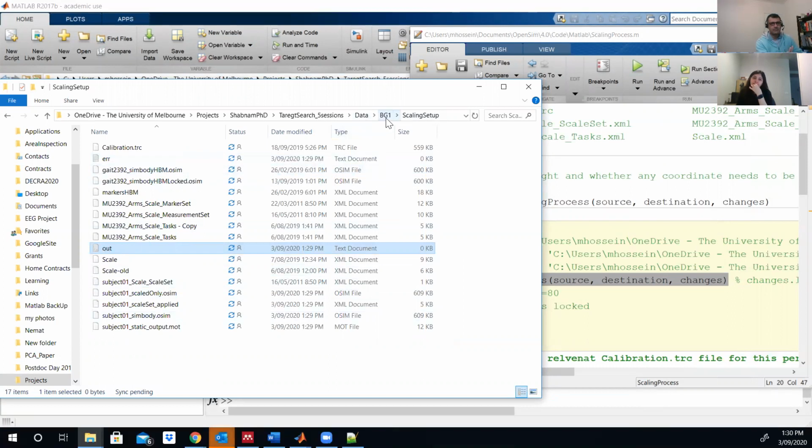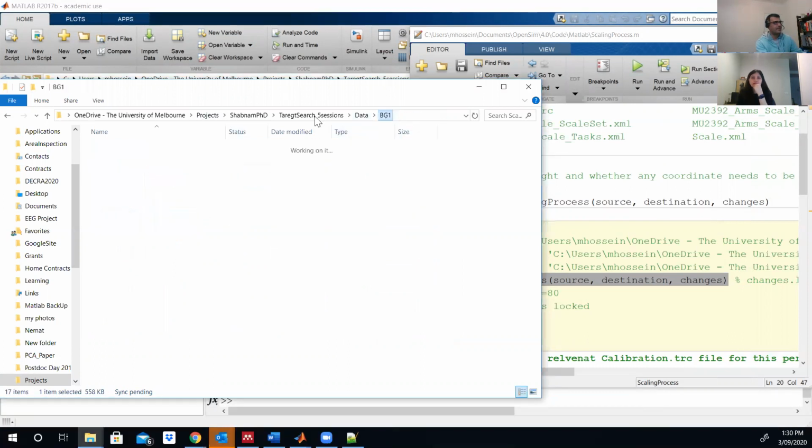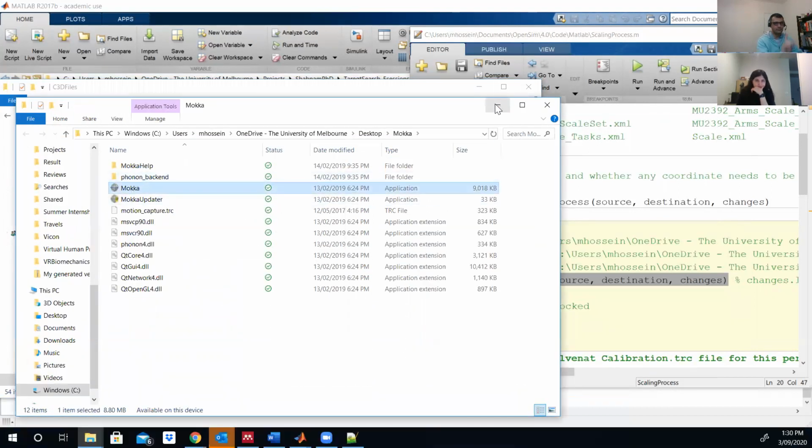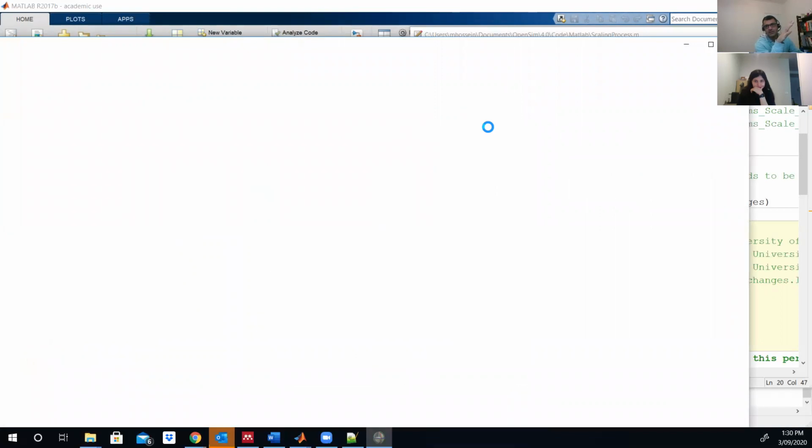Yes. Make sure that you use the calibration. So this calibration has to be here, and it should come from the data, this calibration data. What is usually the TRC file? Yeah, the TRC file. This calibration is used for scaling. So what I usually do is ask everyone to go to Mocha again. It's for scaling. You don't need a lot of data, maybe around 10, 20, maybe 30